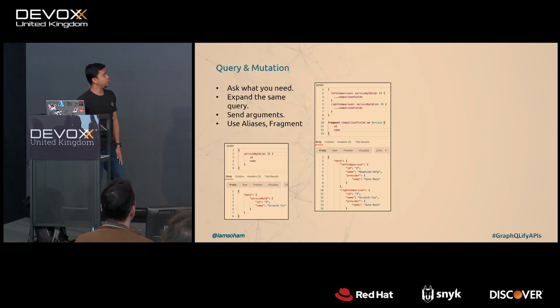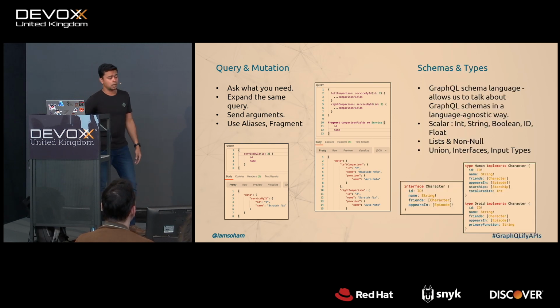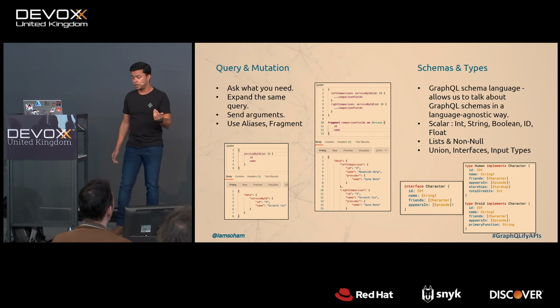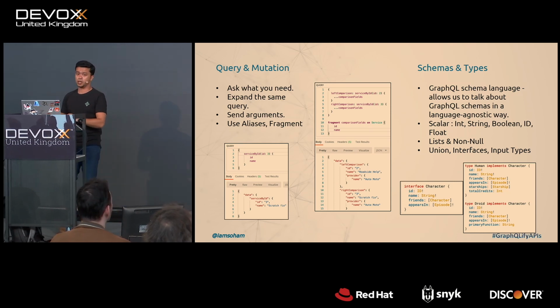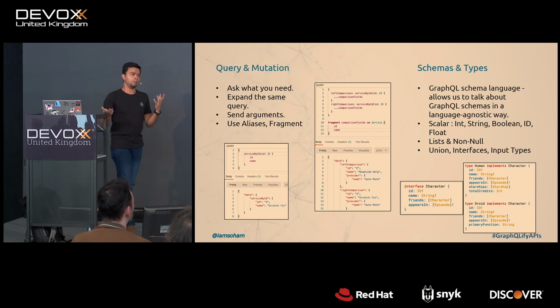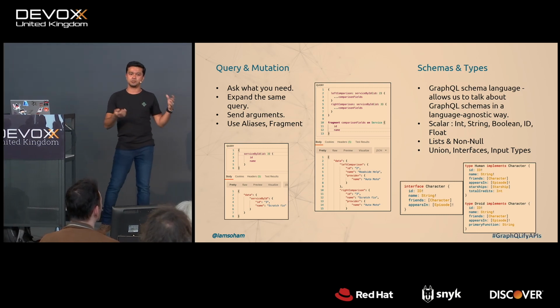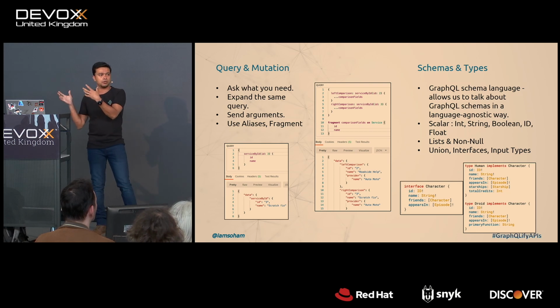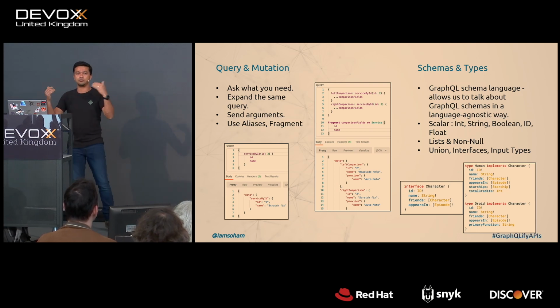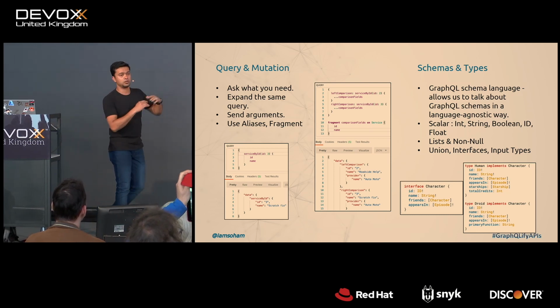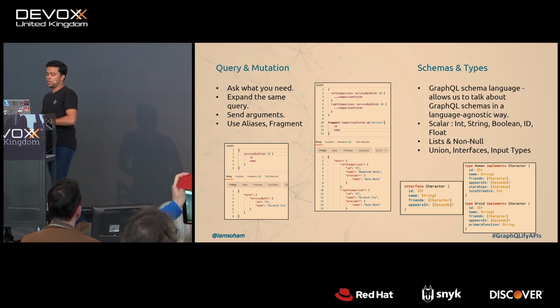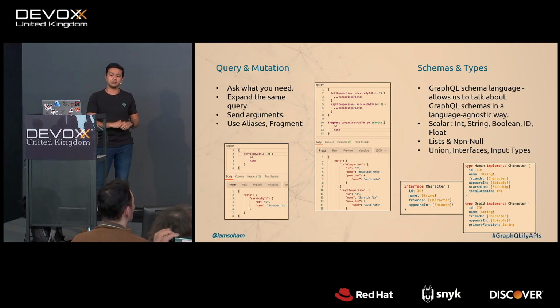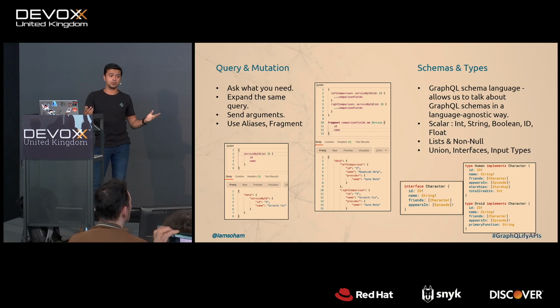I already talked about this a bit. So you can define fragments, you can define aliases, you can send arguments as a typed object. And you can also define interfaces when you're defining your schema. So interfaces are a bit similar to the Java ones, but in there, you basically define the parent object, which you can use on your query itself. But when you're defining a child from that interface, you really need to define everything, like the screenshot shows. It supports integer, string, Boolean, ID, and float. You can also create custom scalar types if you want.